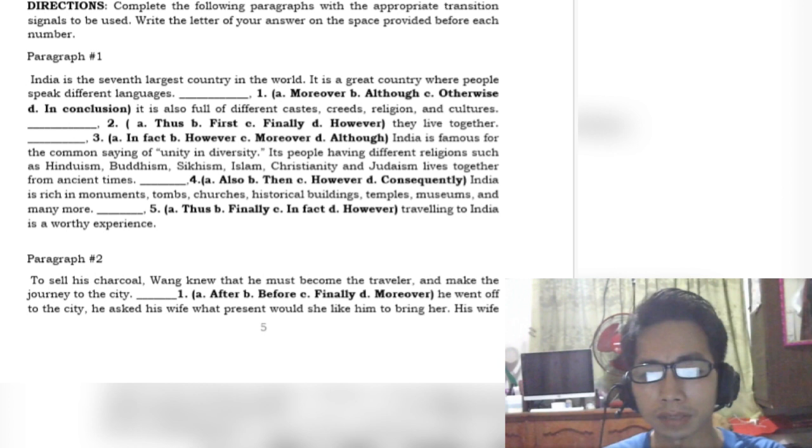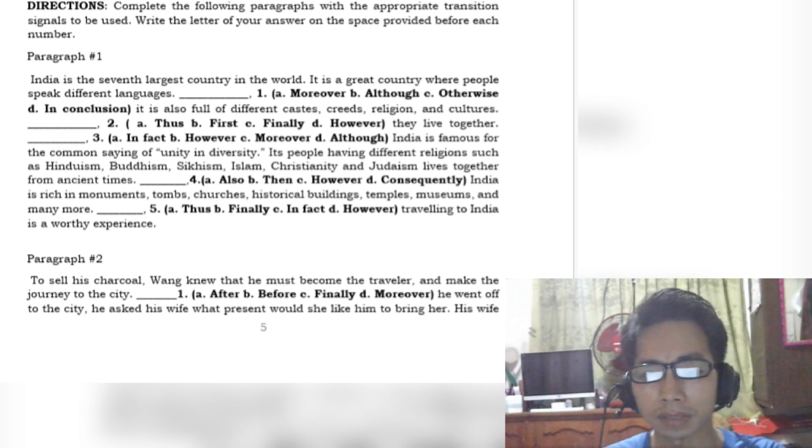So what are the things that you can do? Here's the last objective that we are aiming to achieve. You're going to write, di ba? Remember, our first objective was to identify. The second one is to classify. And number 3, you're going to use them through writing. So number 3 now, we are near the end. You're going to write